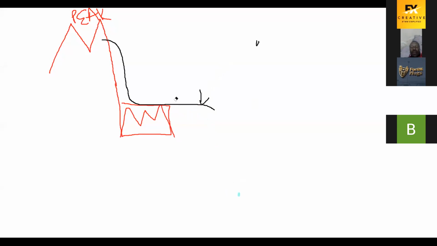Then for type 3 now, we can have the 50 EMA. Sometimes for type 3, you can have even the 200 EMA closer, or you can even have the 200 EMA even,